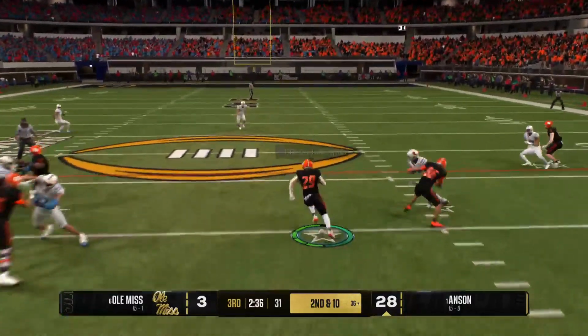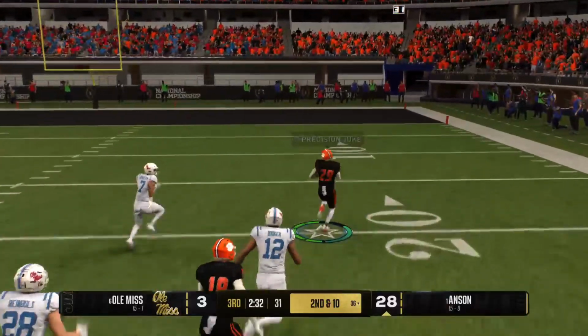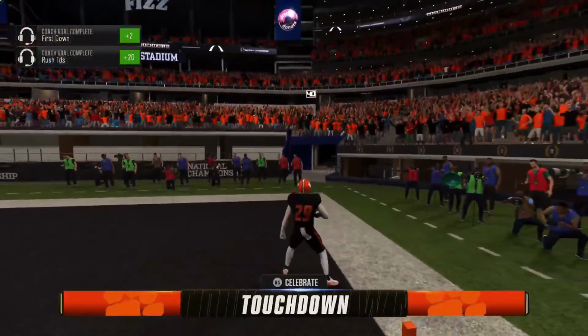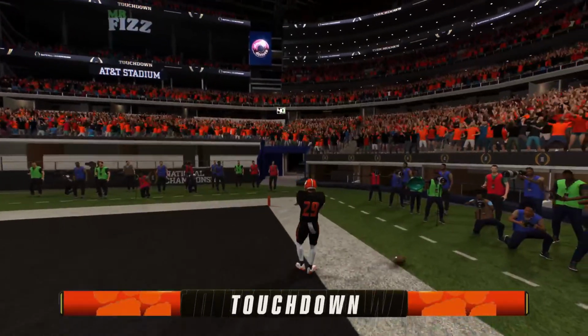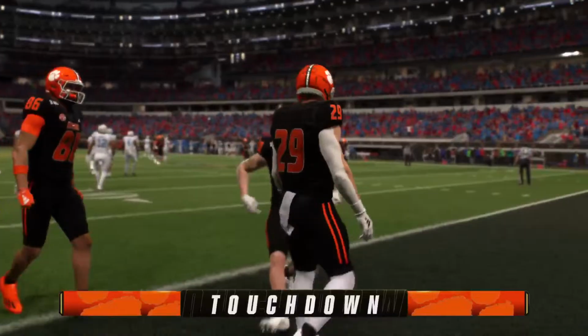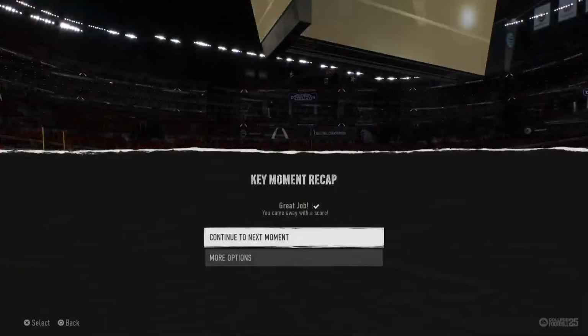Keep it on the ground. There's the handoff. Gets into space at the 50. Oh, and he breaks free. It's a foot race. He just breaks away and takes it to the house from distance. That's an elite running back type of play. You know, when he got out into the open field, I didn't know if...